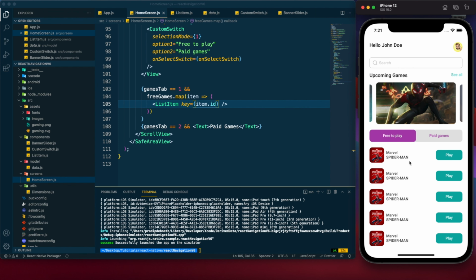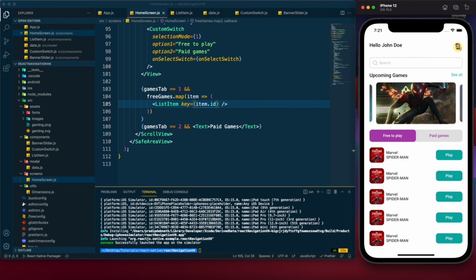But the flat list will scroll the list only. So that means this section will only scroll, and I have found that there is some issue with flat list in the scroll view, so that's why I couldn't use it. And there is a workaround where we can use flat list to render other items as well by providing list